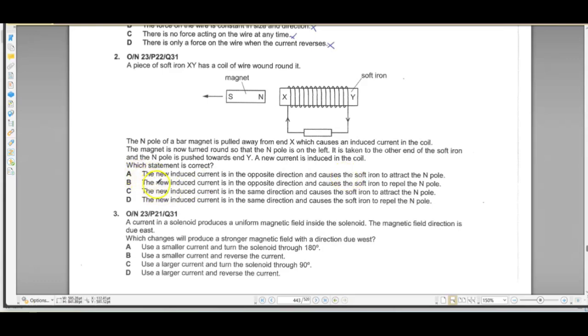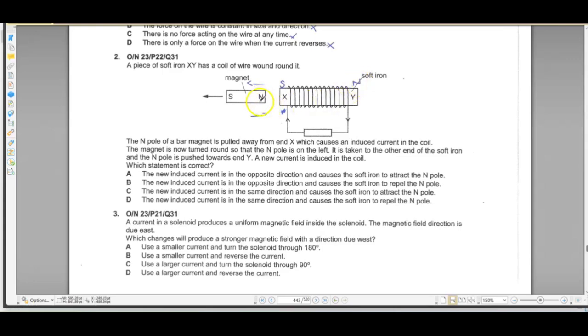No, that's not true. Now, we know that according to Lenz's law, firstly, the north pole of the magnet was being pulled away from the X. First when it was being brought to this side, north pole was being induced here. Now when it's being carried away, south pole is being induced over here. So now this is south for the moment, and this is north.